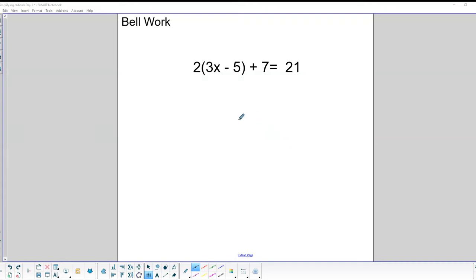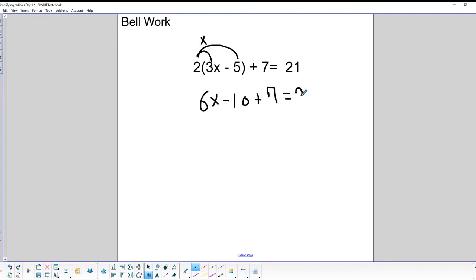In our next section of this unit on radicals, the first thing we're going to do is review an equation from way back in chapter 1 or 2, where we solved a multi-step equation. First of all, we want to use the distributive property to get rid of the parentheses. So we multiply the number out front by each number inside the parentheses, and we get 6x minus 10 plus 7